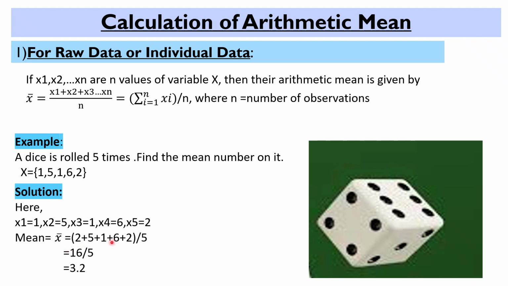When we sum the observations, it comes to 16, and dividing by 5, our value is 3.2, which is the mean of the given data. And one more thing we observe here is that though our data is of discrete type, the mean is not necessarily